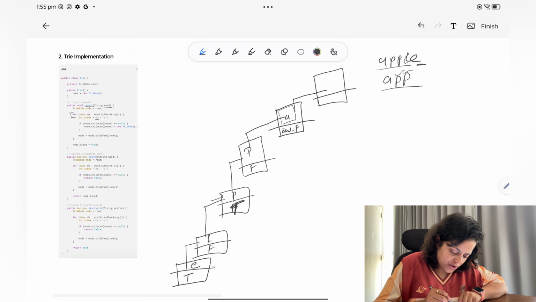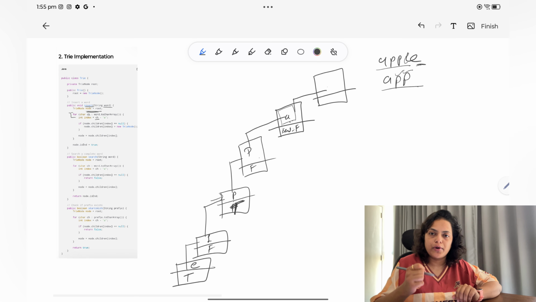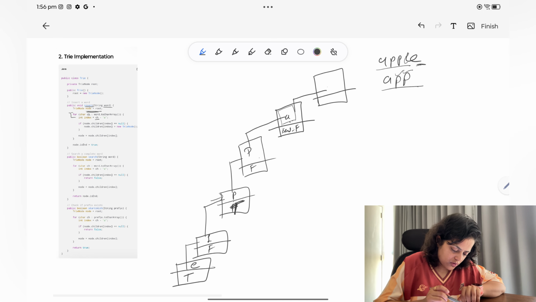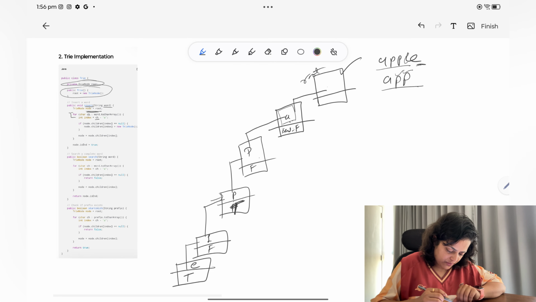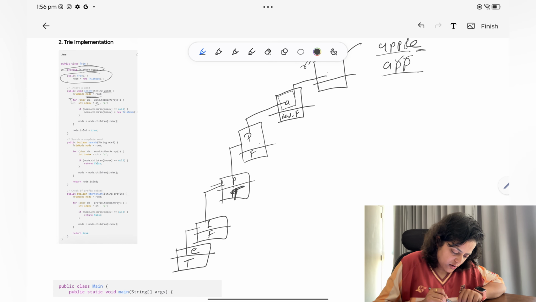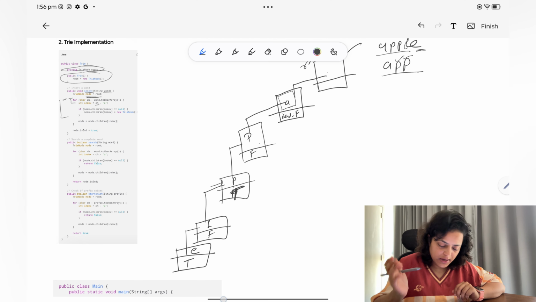And then initially you will assign one trie node, and it will point to the root node. So the root node is a global variable that you are initializing in the constructor. So this new node is the root. Now you will iterate over that character array, for each character like a, p, p, l, and then